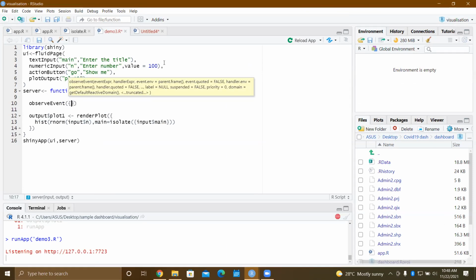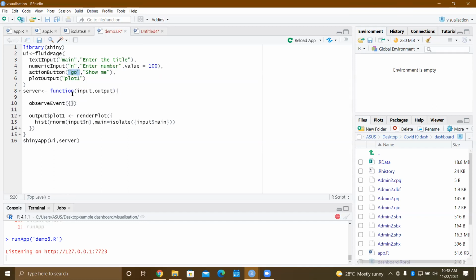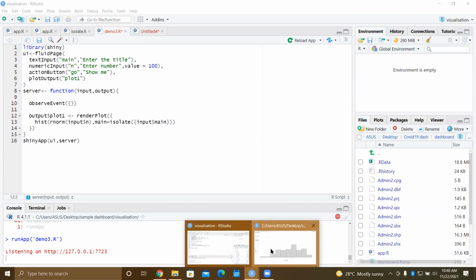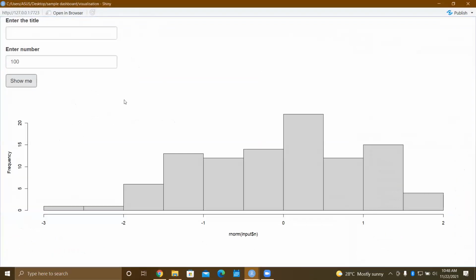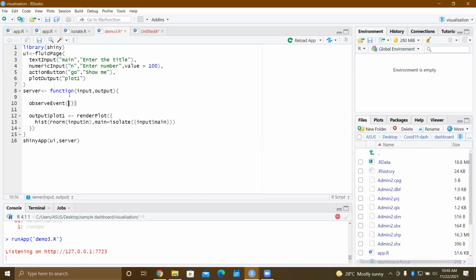Observe event is a conditional function. When a particular input gets changed or is triggered, then a particular code will run. So here my target is when I click the show me button, this plot will appear, not before that. So let's do that. My input is here go.